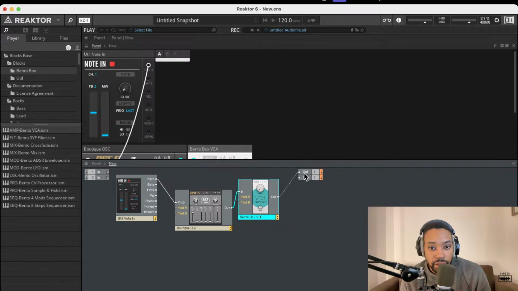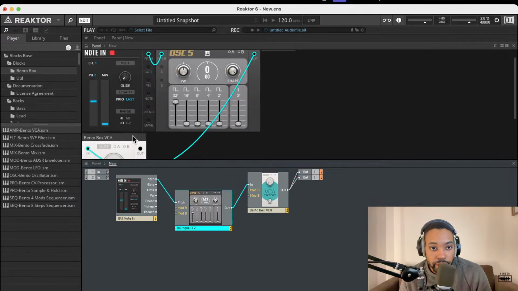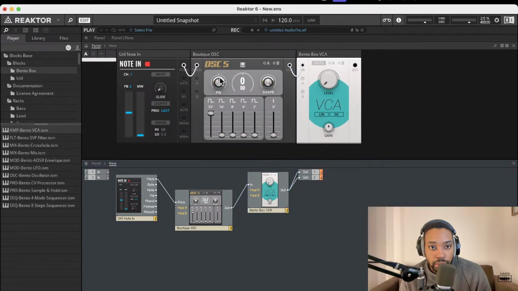and build it out from here. And then we can play some sound. So we're getting some kind of sound here. We can change that pitch or the pulse width